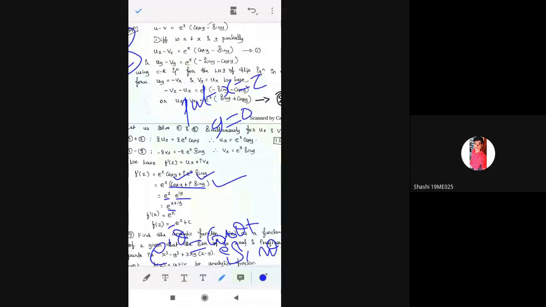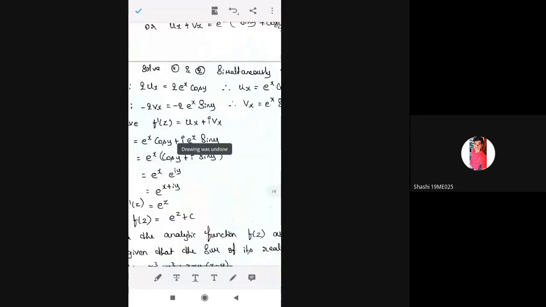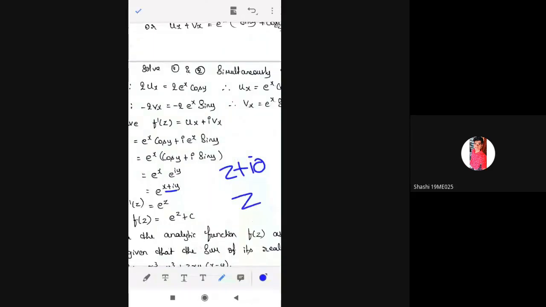And as you know, x plus iy is nothing but z. We can replace or put x is equal to z, y is equal to 0. Put x is equal to z, y is equal to 0. When you do that one, here z plus i into 0, correct? So it gives z. So we got e power z. Or else, you know already x plus iy is nothing but what? Z, correct? As a point of Cartesian form of complex number.